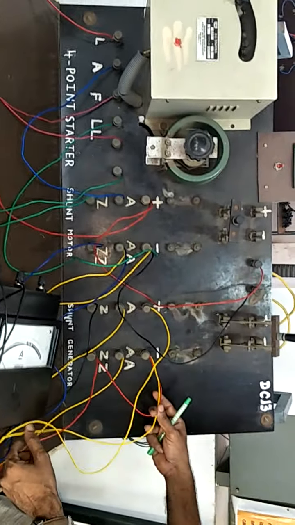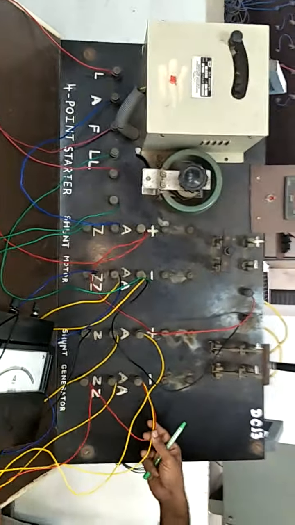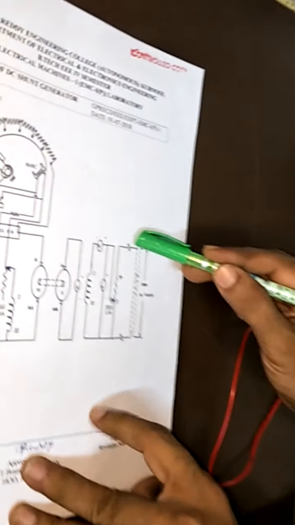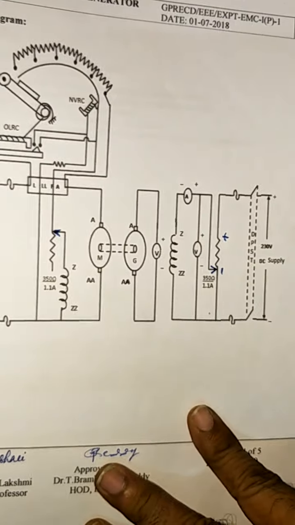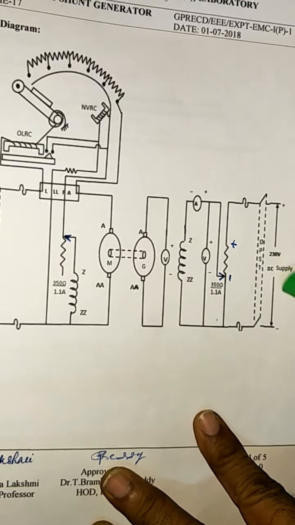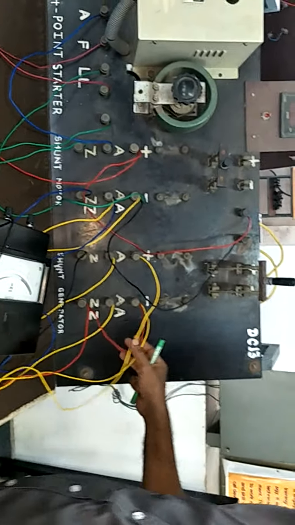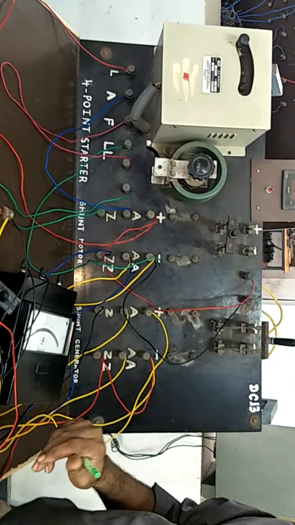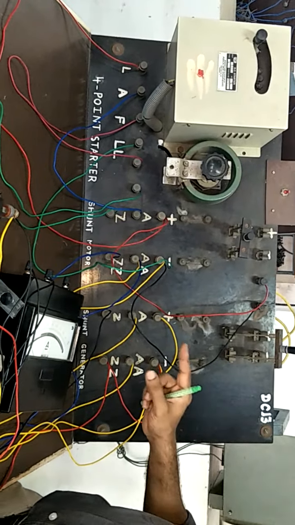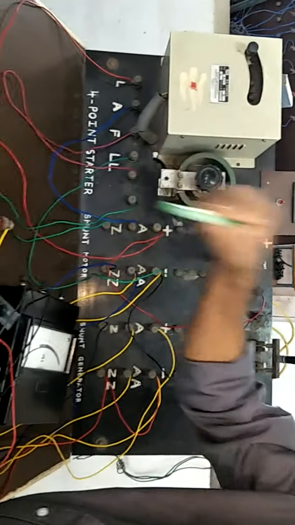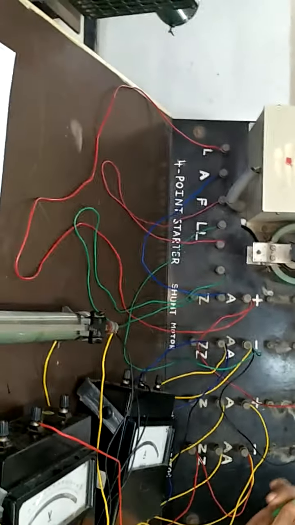This is how they are going to give the field excitation. This is what we call excitation to the field winding through the DC supply that is shown here. This is how to give the connections for the DC shunt generator in order to perform open circuit characteristics. The DC motor is acting as a prime mover for the DC generator.